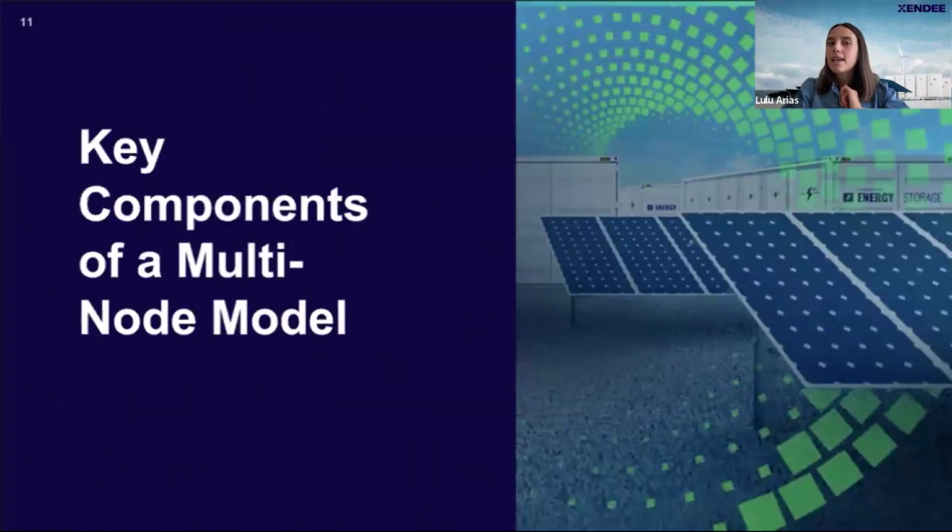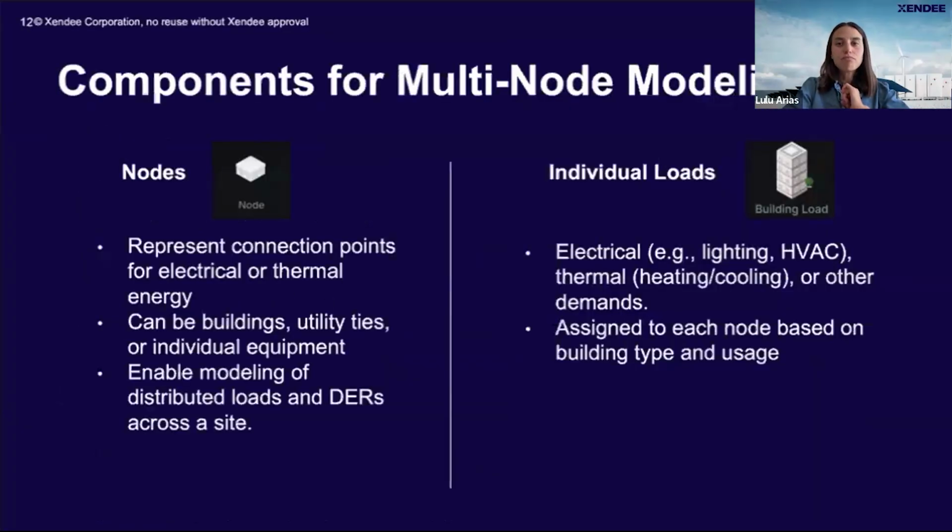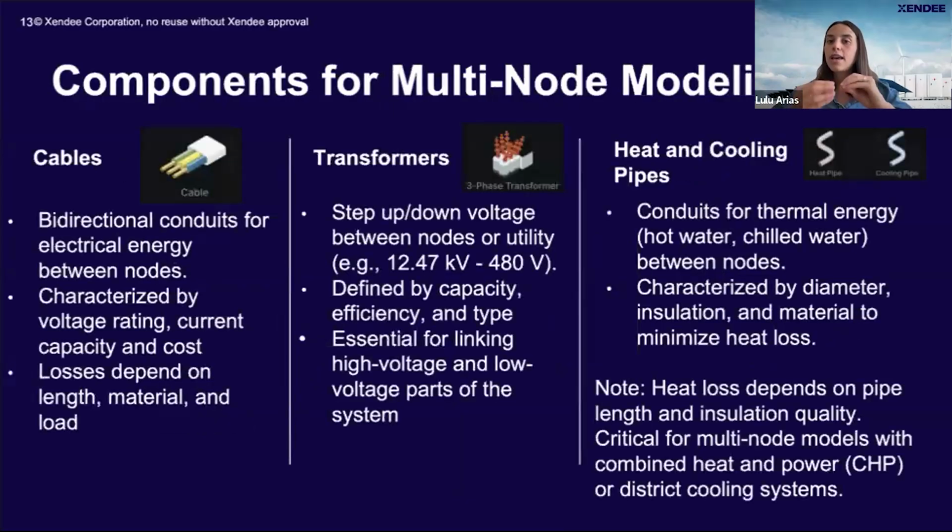So let's now break down the key components. Nodes, as we mentioned before, are these connection points like substations where energy is generated or consumed. Loads represent demands, electrical, thermal, and each load in multi-node ties to a specific node for accurate modeling. Then we have transformers that step voltage up or down, connecting nodes with different voltage levels. We also have cables that carry power between nodes with losses based on length and material, and these components define